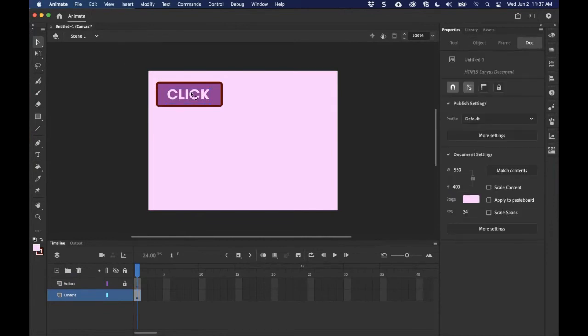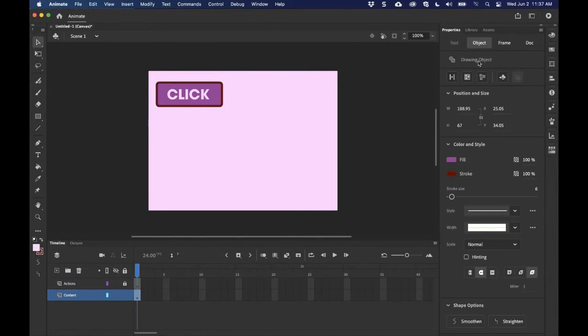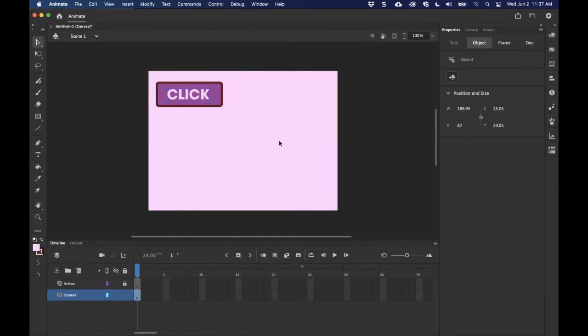All right, so let's go ahead, and what we're going to do is, these are two separate objects now. If we look up here in our object properties, we can see that if I click the text, this is a static text object. If I click the rectangle, we have a drawing object or a shape, right? So let's draw a selection rectangle around both of these. That's going to select them both. Through this we can see an example of both the explicit alongside the implicit